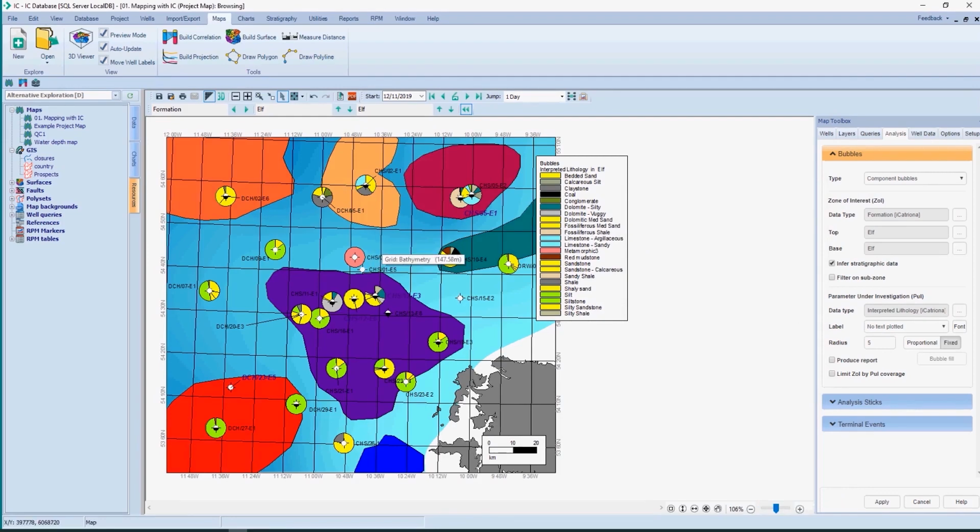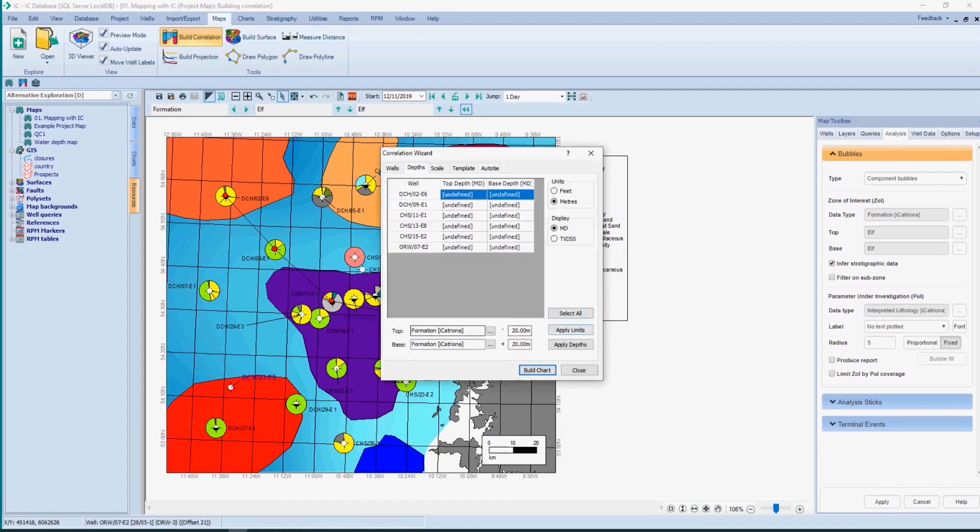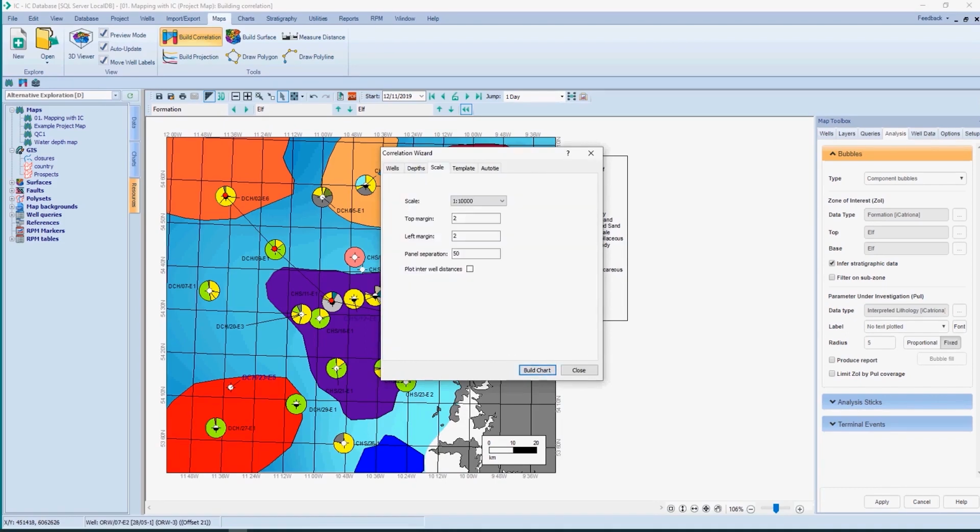So last but not least, let's move on to the correlations and show you some of the really exciting tie improvements that we've added in. Building correlations is the same as you would have used previously. Let's pick a few wells. That'll do. And we can go in and, oh good, that's all set. Apply depths. And one of the new things that's been added is on the scale tab, we now have this